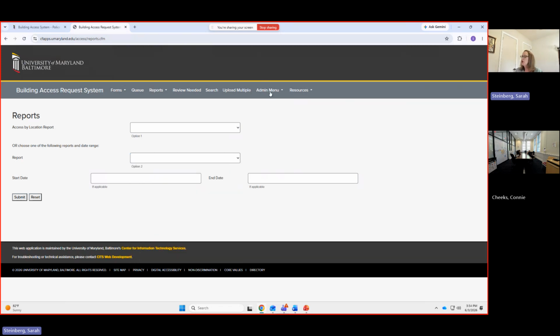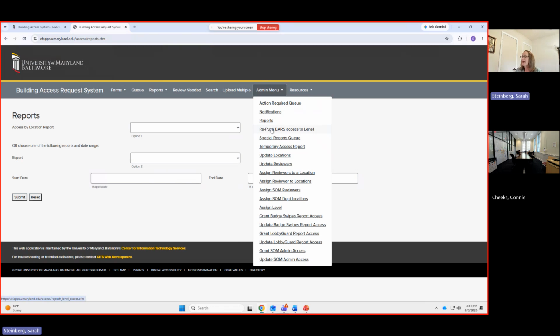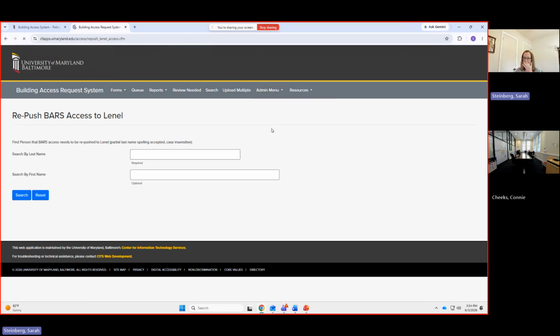Okay, so repush BARS access to Linnell. This is a relatively new feature in the admin menu. I know it was Tricia Kaufman who added it within the last month or two. Basically, this gives public safety the ability to search for a person and confirm that their proxy number is accurate. So basically, if access hasn't been created for them yet,